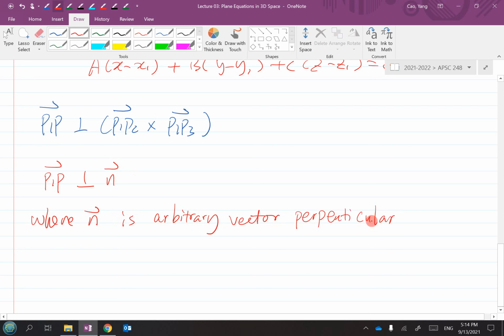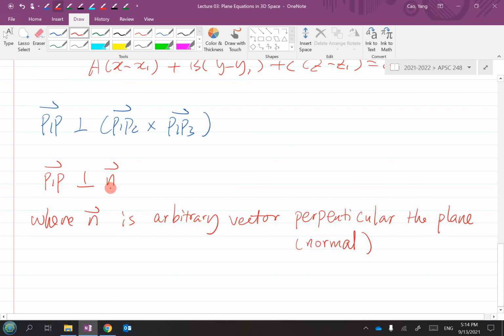It has to be perpendicular to the plane, or normal to the plane. Okay? I'm going to also see normal to the plane. It's the same point. Okay? So that's the n here. So in other words,